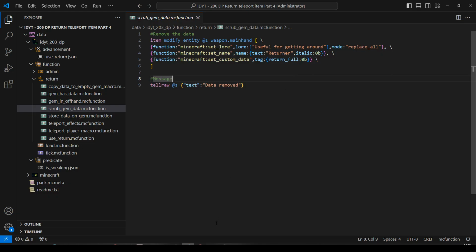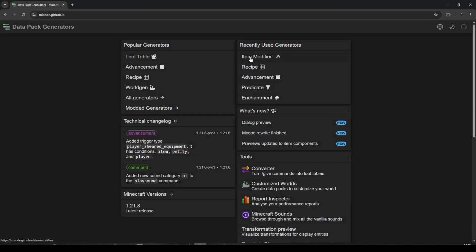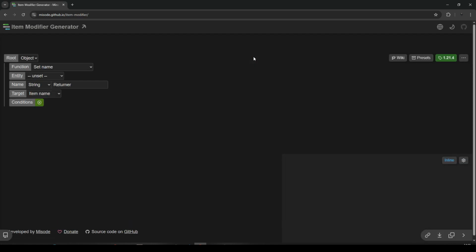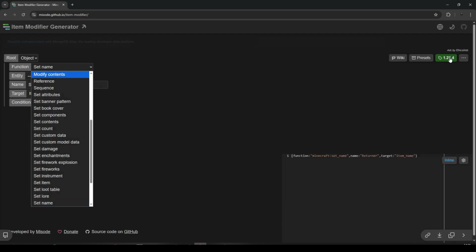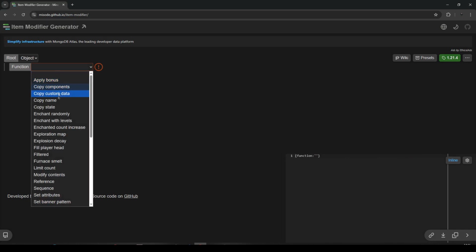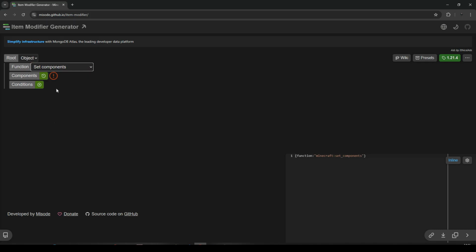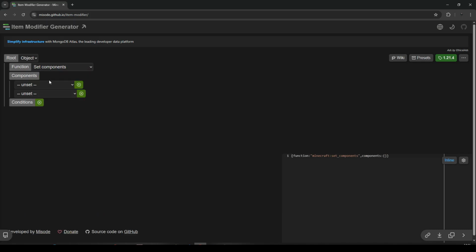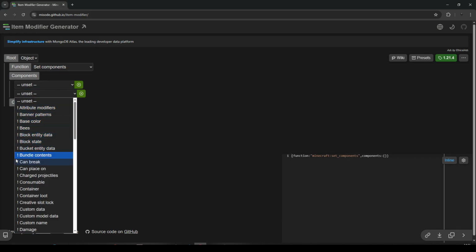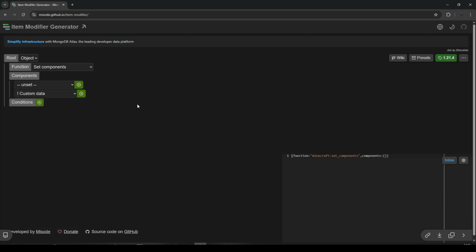So let's go to misode. And let's do item modifier. And let's, I think that's default. No, okay. Let's do a set components. And then add that. And instead of taking the top one, we'll take the bottom one, and it has all this minor stuff. And this is going to remove it, basically, and we'll say that. So what that should do is that should remove the components that are already on there. So if we copy that